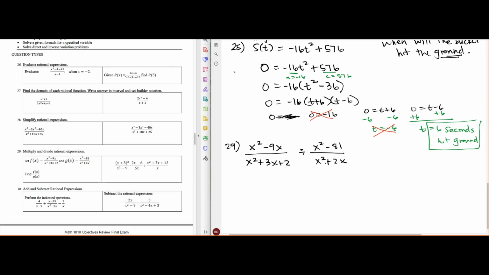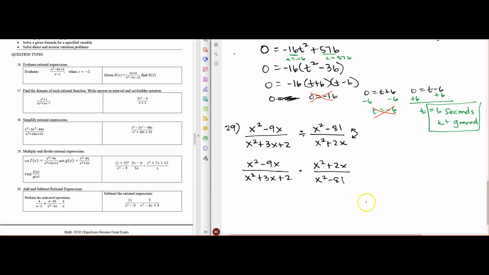So remember, when it's division, you're going to want to factor everything, but whenever you're dividing fractions, you've got to flip that second fraction. It's fine either way, whether you want to flip it first and change it to multiplication, or whether you want to factor it first. I'm just going to flip it first so we don't forget to do that. That could be something that happens as students forget to flip it. So x squared plus 2x is on the top, and x squared minus 81 is on the bottom,